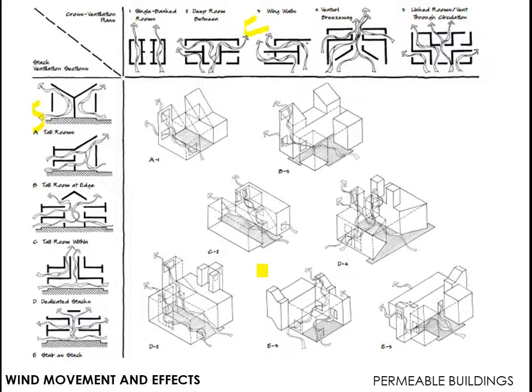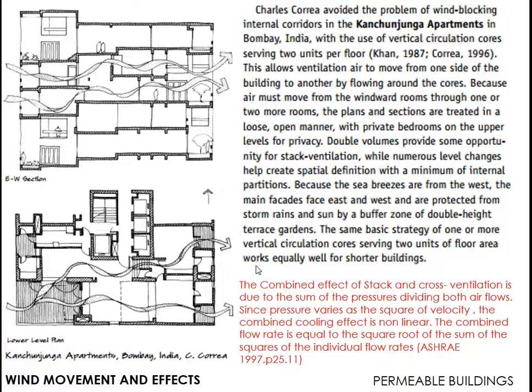Now we generally try to create a lot of porous buildings, which means with a lot of fenestrations or openings on the windward side and also on the leeward side, to achieve a better wind speed inside the building and good thermal comfort. The best example by an Indian architect is the Kanchenjunga Apartments designed by architect Charles Correa. It's a duplex apartment provided for all the users. The wind travels from one side of the building, through a balcony, and goes outside the building. It's a single unit for one single user.